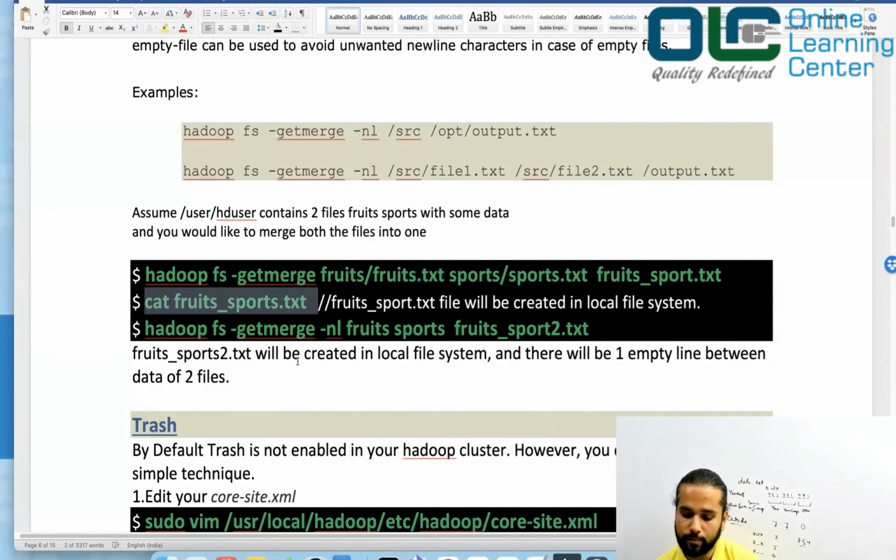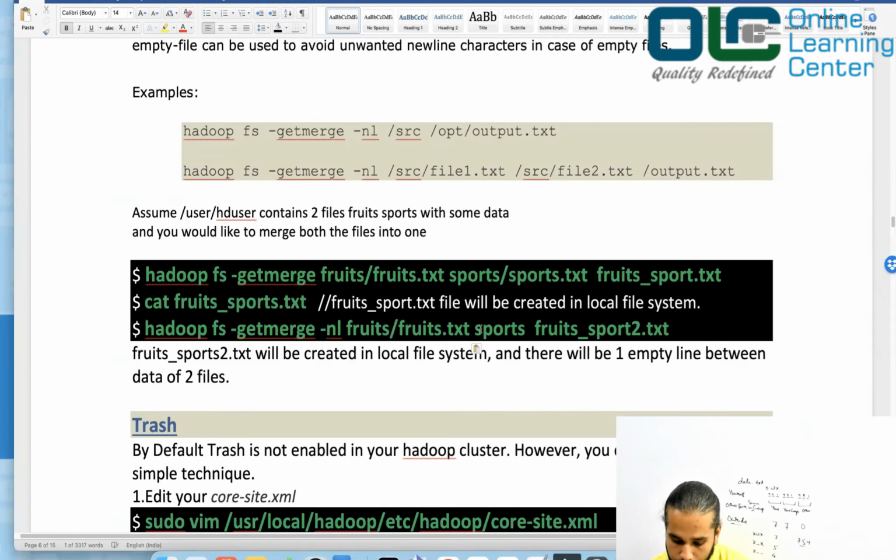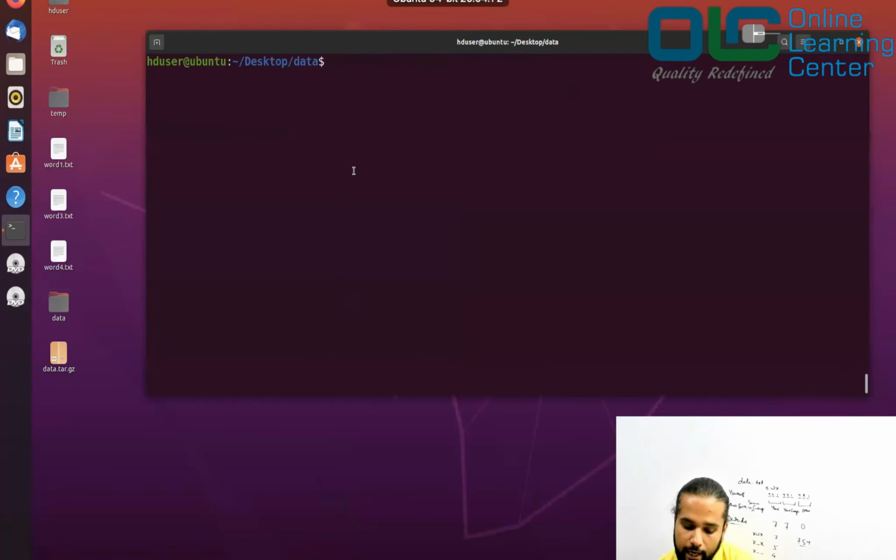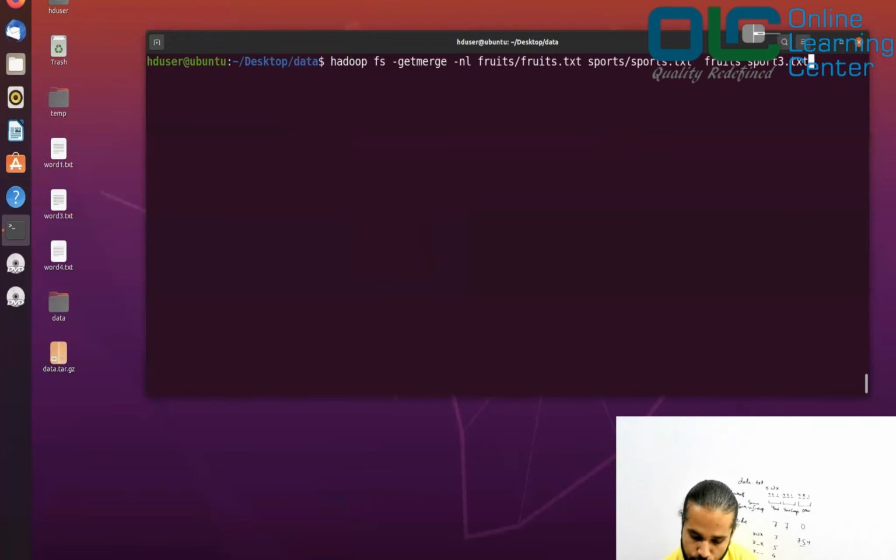You can also do something like this: hadoop fs -getmerge, and you can say -nl, fruits/fruits.txt, and sports/sports.txt, and let me change the output name to 3 probably. We have used one extra option here, -nl, and let us see what it does for us.